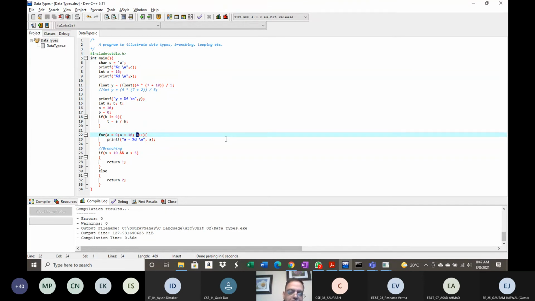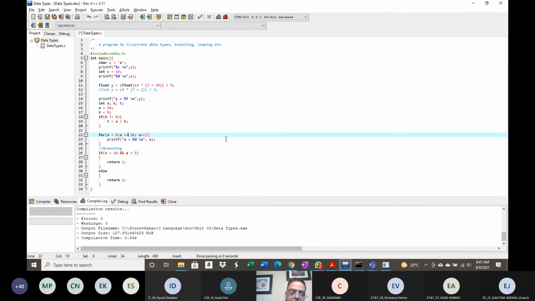And this is the increment, a plus plus. This is obviously a unary operator. It takes only one operand, and it increments the value of that operand. So at the end of each loop, it will increase the value of a by 1. And we are displaying the value of a.